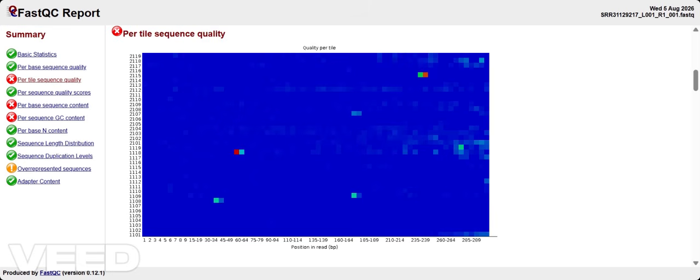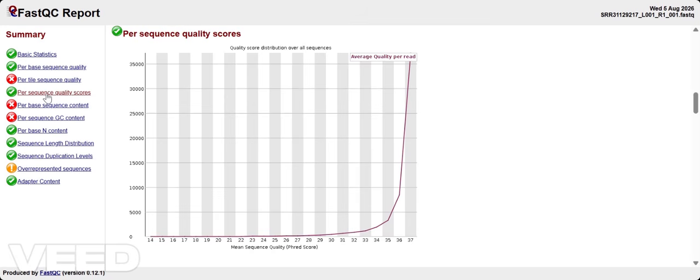Next, per sequence quality score. Now we have per sequence quality score. This graph answers a slightly different question. Previously, per base sequence quality asked how quality changes at each position of the read. Here we are looking at the overall average quality of individual sequences. Look at the x-axis, it represents the mean quality score of the reads, and the y-axis represents how many sequences have